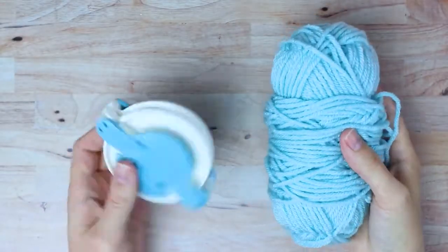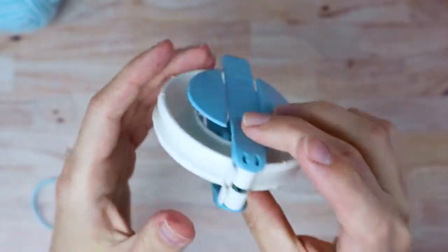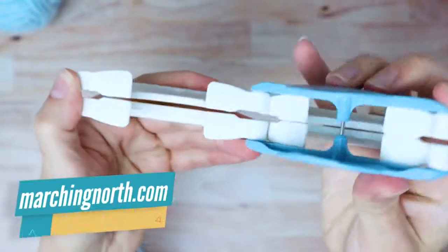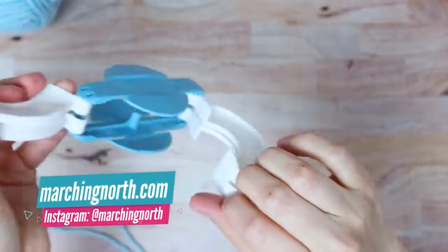So for this first one I'm going to be using my pom-pom maker. This is a Clover pom-pom maker and it is, I believe, the large size. What you're going to do is you open it up like that,